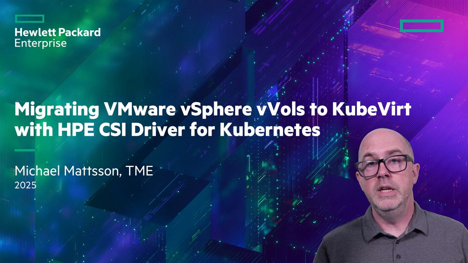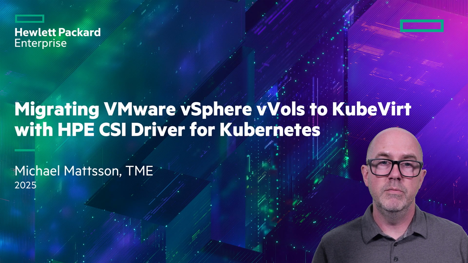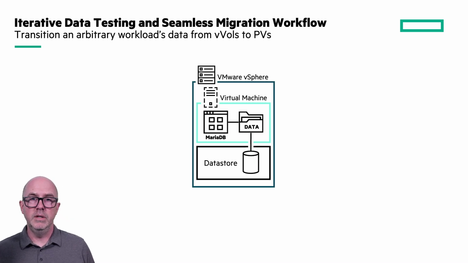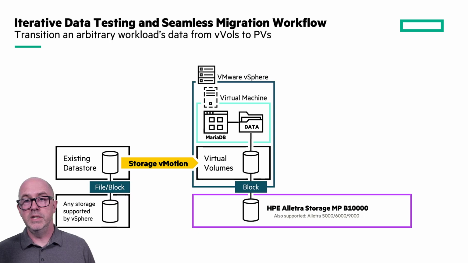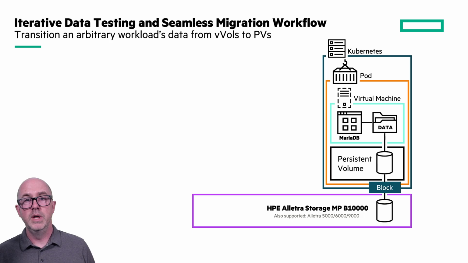The topic of today is how to iterate over a migration workflow with the endgame of transitioning a virtual machine workload from vSphere to KubeVirt. The starting point usually consists of a virtual machine running off a data store attached to vSphere. For the migration workflow that we're going to talk about, the virtual disk needs to be served from a vVol data store. With the correct vSphere licensing in place, it's trivial to perform the data migration non-disruptively while the VM is running from one data store to another with Storage vMotion. Once the VM is in place, we can begin to work against our goal, running the machine on KubeVirt after transforming the virtual volume to a persistent volume.